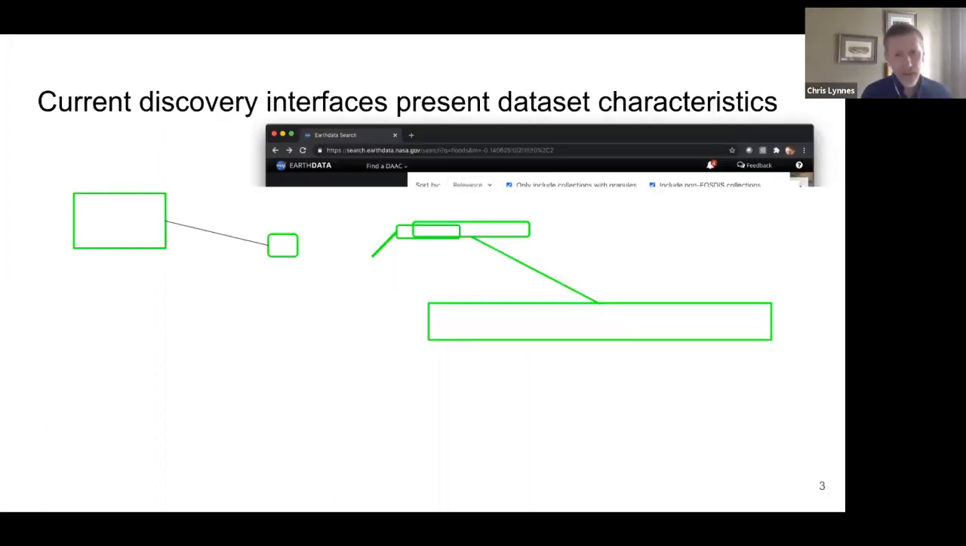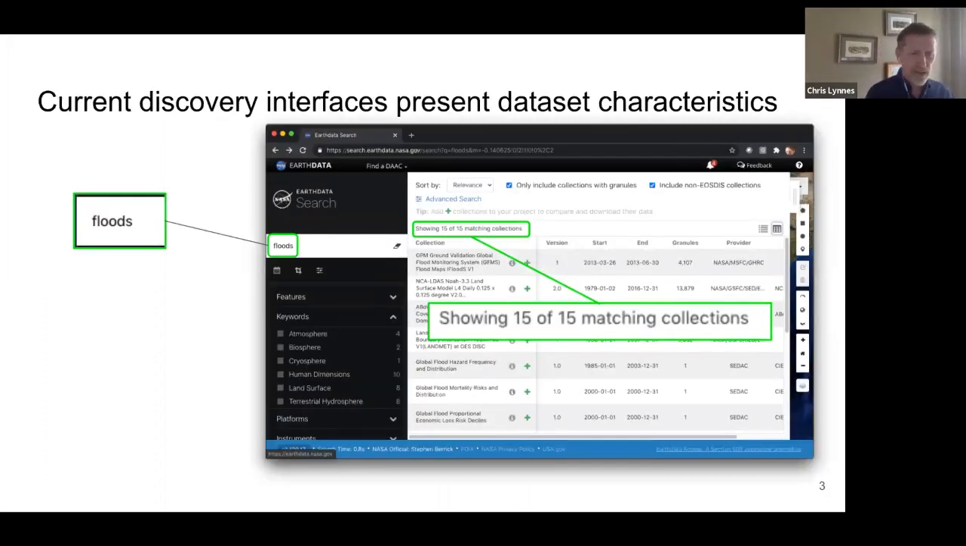Now, the current discovery interfaces tend to focus on the data set characteristics, so descriptions about the data sets, a lot of metadata, like the instrument, the platform, things like that. And that's great for a lot of situations, but you kind of have to be an expert in those metadata attributes and how they apply to data sets. And there's also the issue that often the potential uses of those data sets will not show up anywhere in